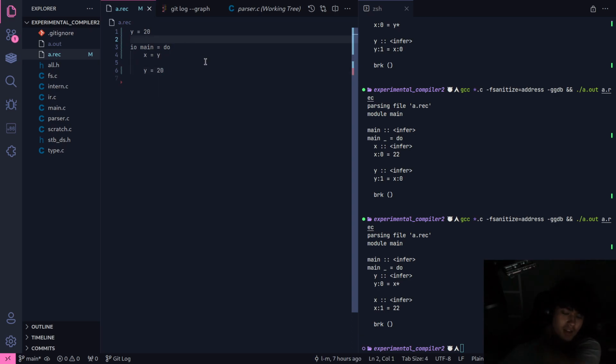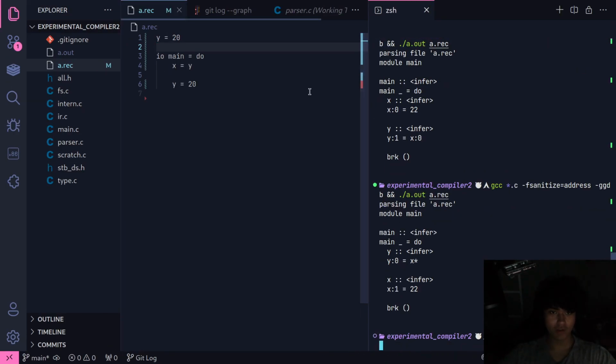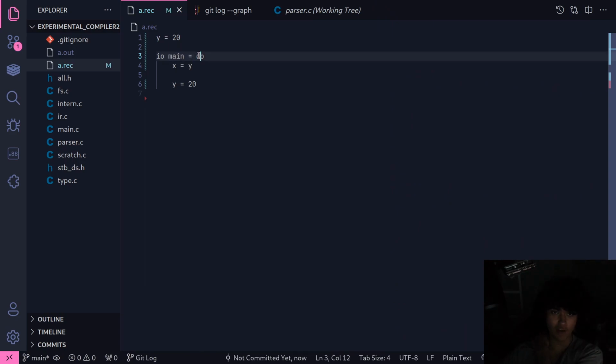Okay, so just take my word for it. This is a scope IO main do. You define the variable x and that uses y, but you define y in the same scope. This is not allowed. It'll raise an error and say y has been declared here, but there've been uses before its declaration. You can't shadow a global variable but then use it before.